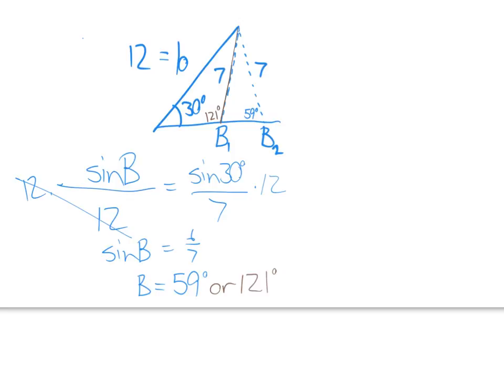Yeah. You'd have to actually look at it as two separate triangles. Like if we had it where this was 121, and that's kind of ugly. All right. That would be 30 and this would be 12 and this would be 7. So 121 plus 30 is 151, which means we have 29 degrees that would go up here. Subtract it from 180, right? You would subtract it from 180. The other one,